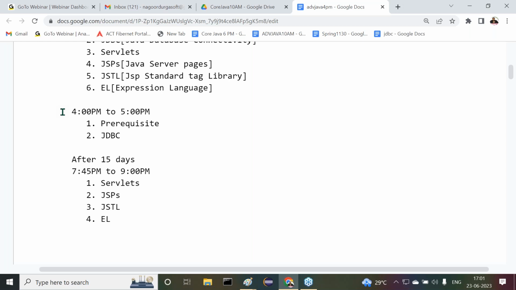Out of these 3 courses, once any one course is completed, I will start Spring Boot, microservices and web services. Finish. So I have a clear-cut plan, but whatever it may be, the timing for that is 4 o'clock to 9 o'clock at night.